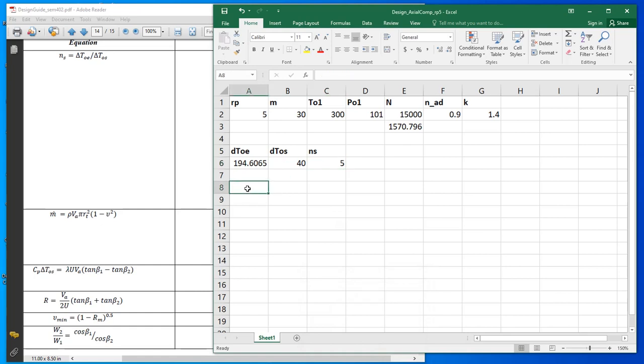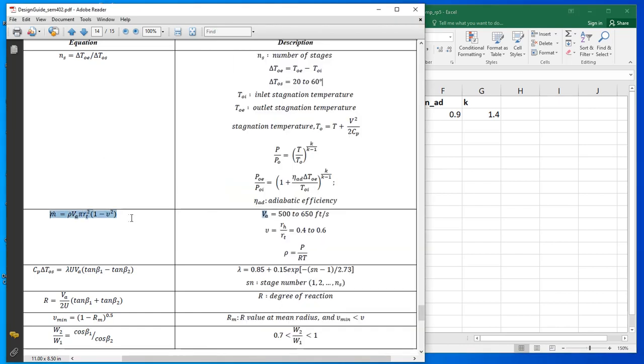Alright, so we are done with calculating the number of stages. Now for the first stage we want to calculate the R tip, the R hub, and then find out the R mean, and after that we need to find out the blade angles, beta 1 and beta 2. So if you go back to your notes, we need to start with that particular equation over here, rho